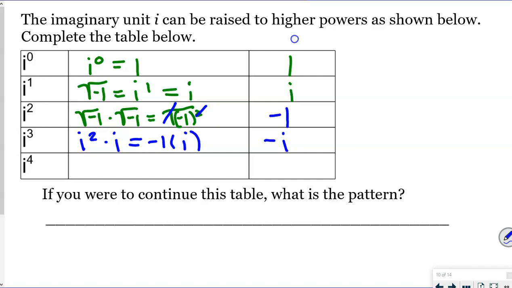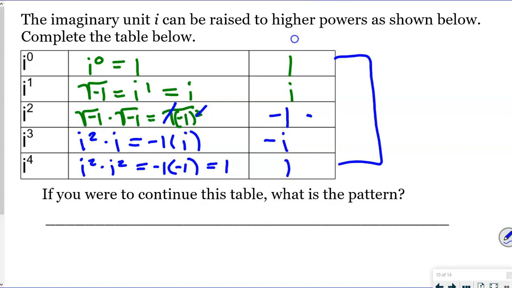Okay, so what is x to the 4th? i to the 4th is simply i squared times i squared, right? So what was the i squared? Look back up here. Wasn't it -1 times -1, which is what? 1. Do you notice, guys? It repeats. So when we get to i to the 4th, it was the same as i to the 0. This pattern keeps going,